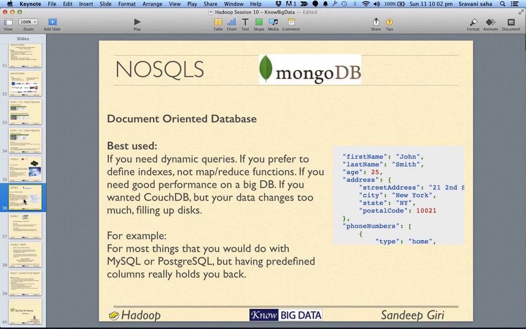And every time you include a field, in MySQL or any of the databases, it sometimes becomes too restrictive. You want a kind of database for which a field change does not matter. That's where MongoDB comes into play.